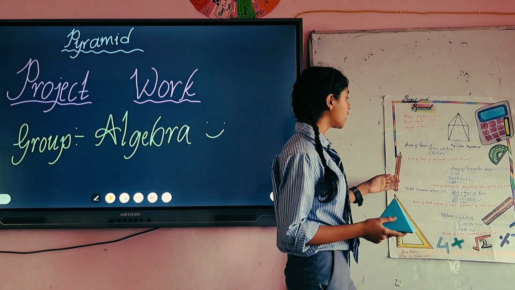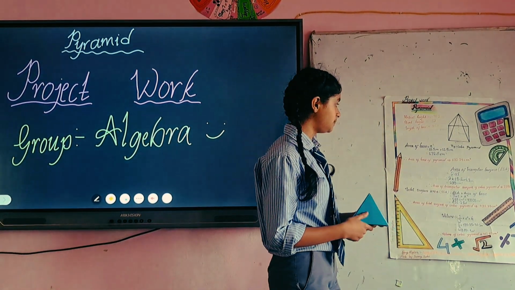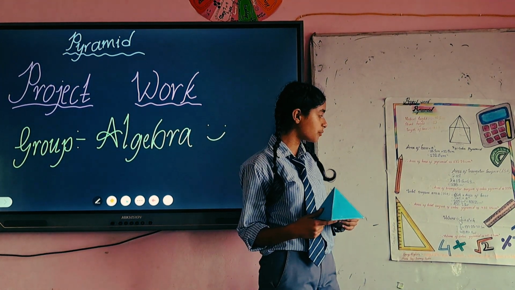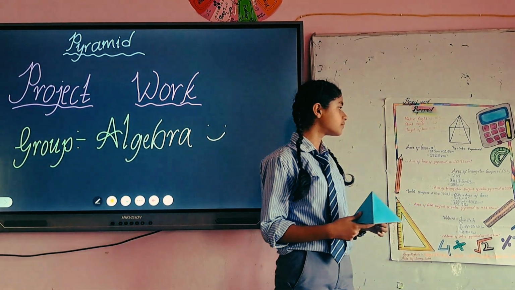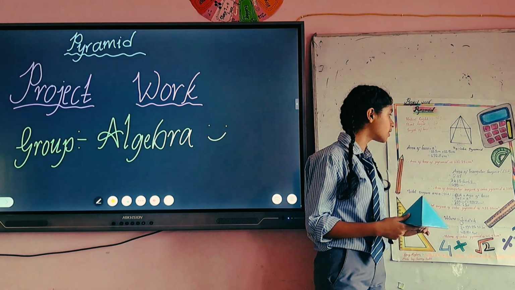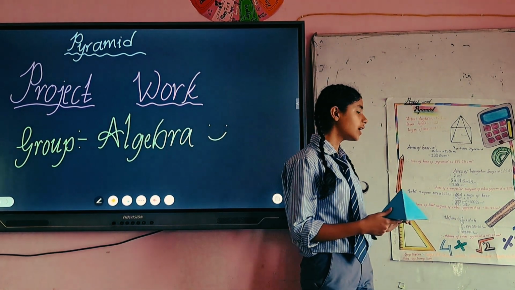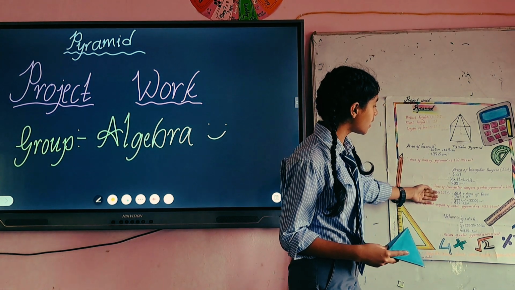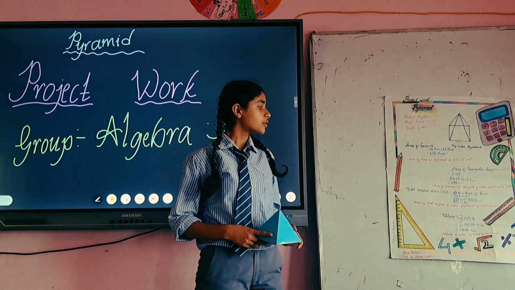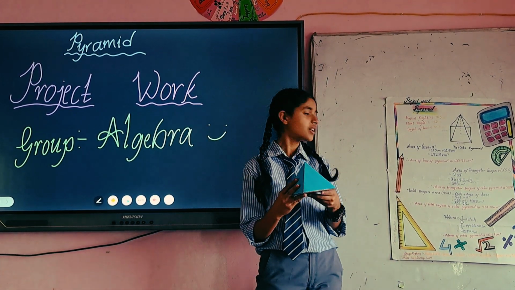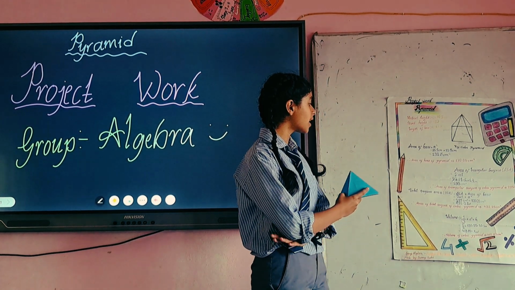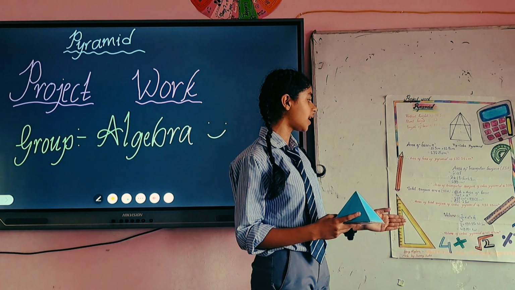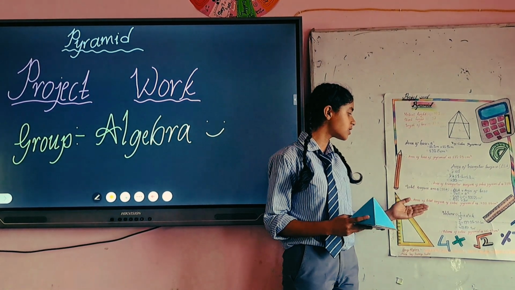And after that, I took out the area of triangular surface. It is also called LSA of the pyramid, and the formula of LSA, or the triangular surface of a pyramid, is 2AL, and the result that came out is 299 cm square. Then I put out the total surface area of this pyramid, and the formula to calculate total surface area is LSA plus area of base, which is denoted by 2AL plus A square, and the final result was